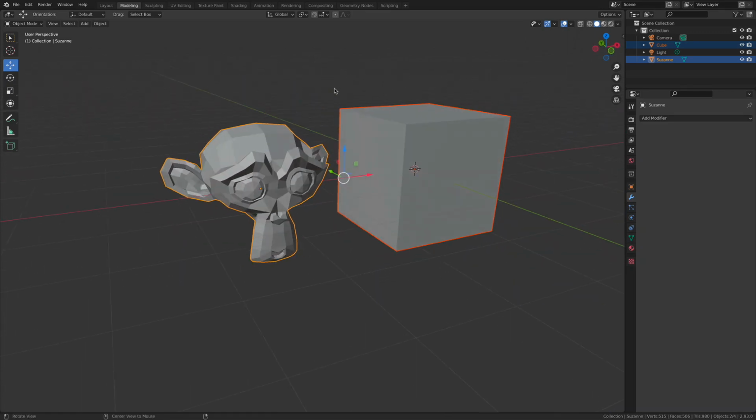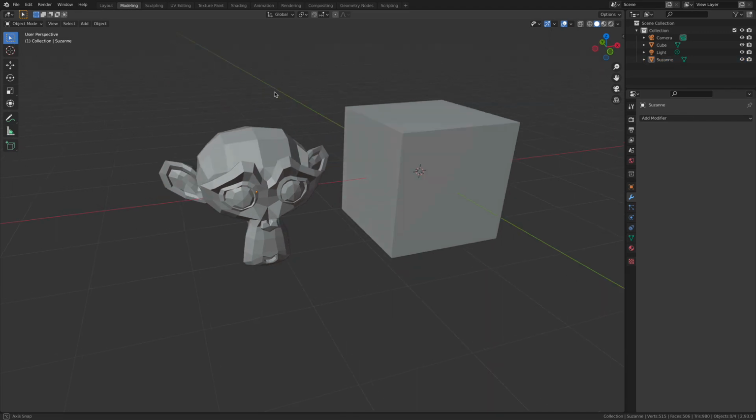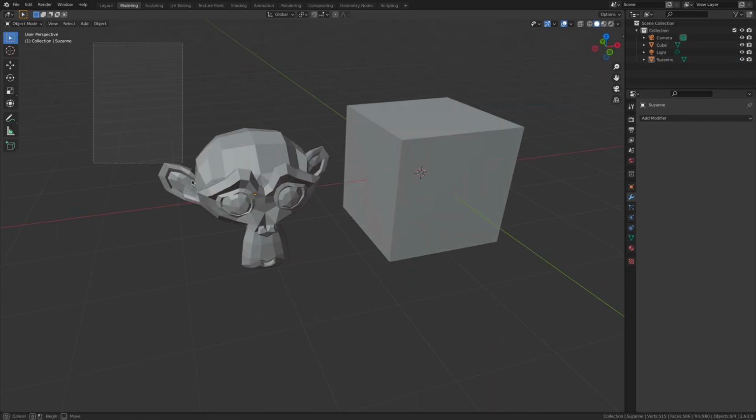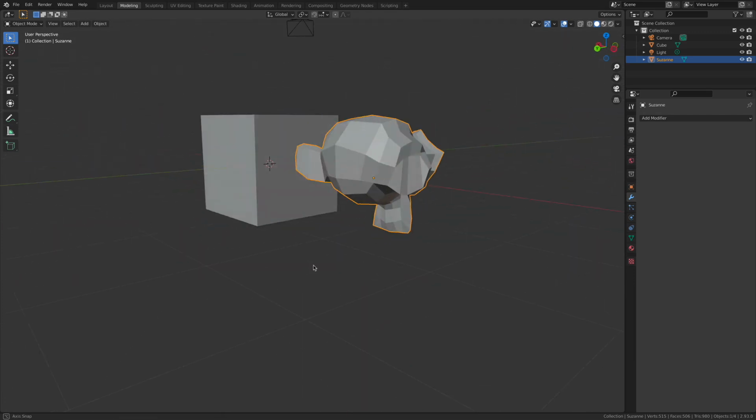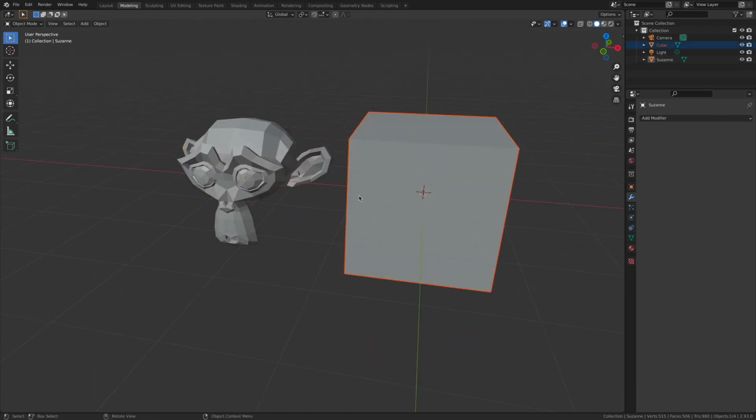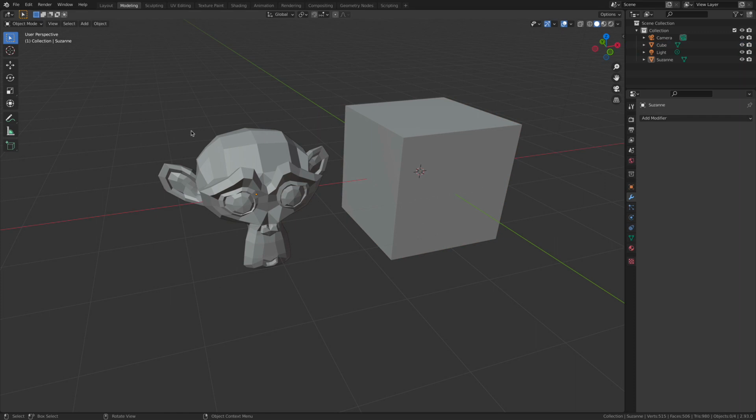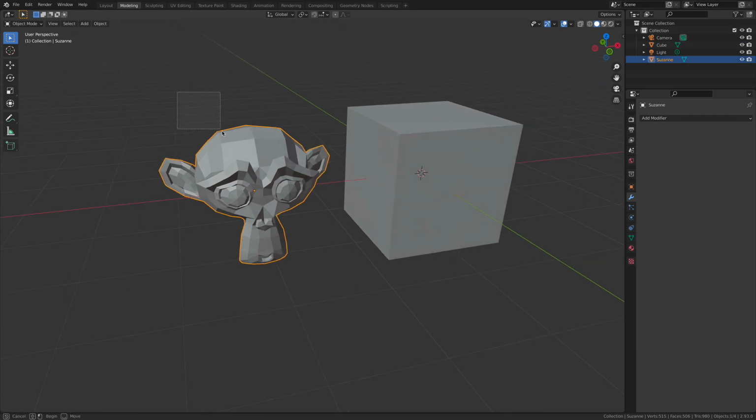Okay, so working with objects is really easy, and selecting objects is pretty straightforward. Of course, you can single left click. You can also use this guy up here. This is the box select tool, which will allow us to drag out a selection box and select whatever's on the inside of that box. And shoot, you don't even have to grab all of it. You can just grab kind of a little bit of a corner, which is nice, and it selects that object.